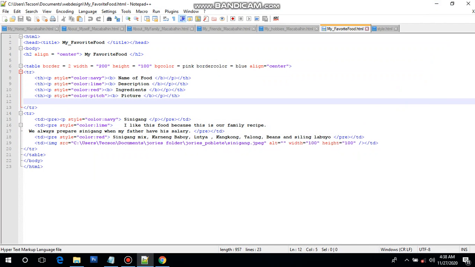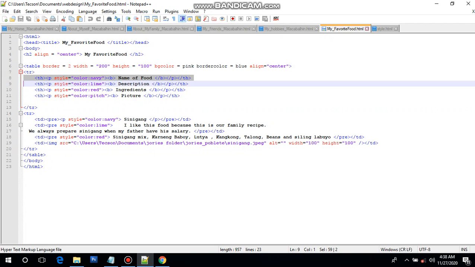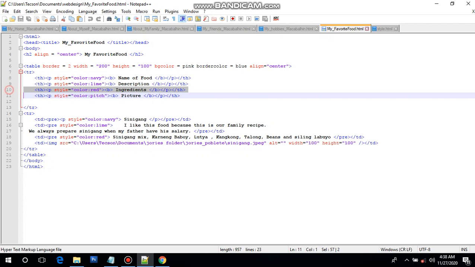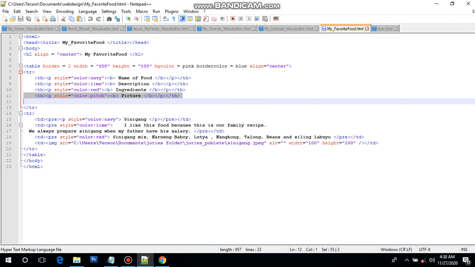So we have here the name of the food, the description, the ingredients, and then the picture.